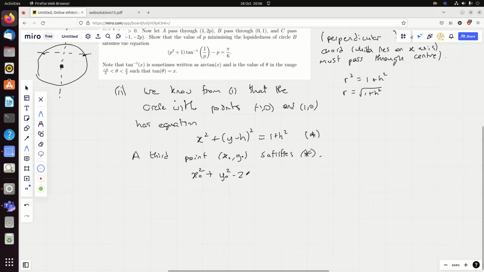y squared minus 2y0 h plus h squared equals 1 plus h squared. Now, the way you're going to get more than one answer is really with the h squares, but they cancel. And so when you rearrange this to make h the subject, because this is what I'm interested in, if it's got two different answers, then there should be two different values of h. If it's only got one unique answer, then there's one specific h for each x0 and y0 you pick,